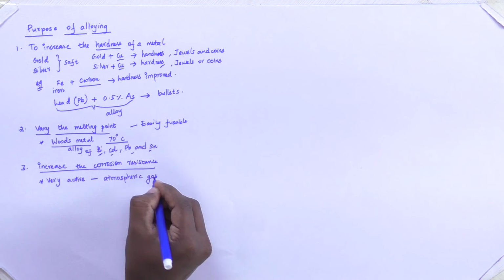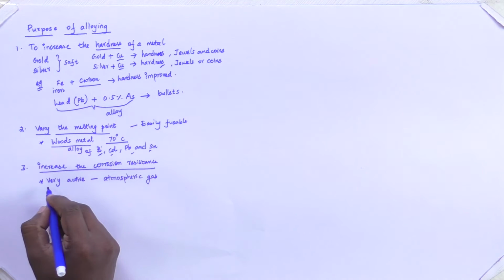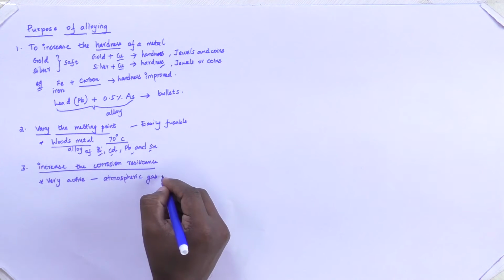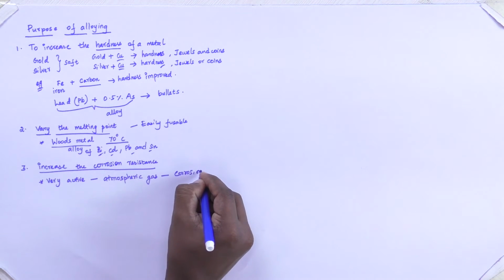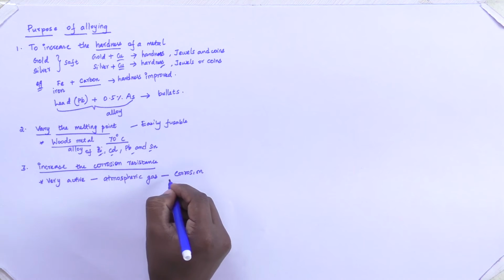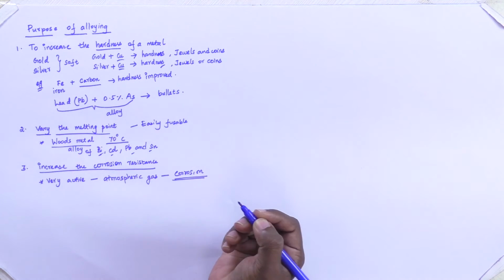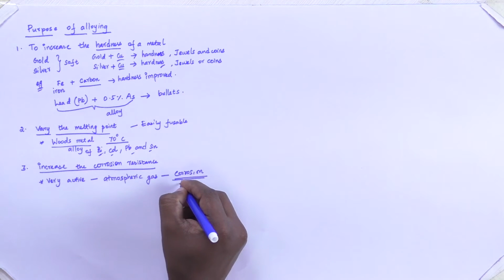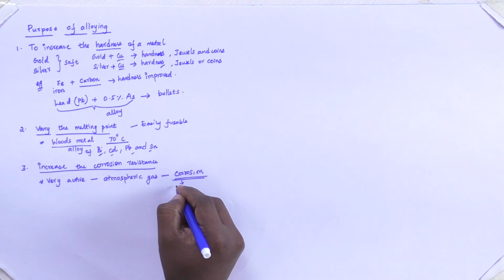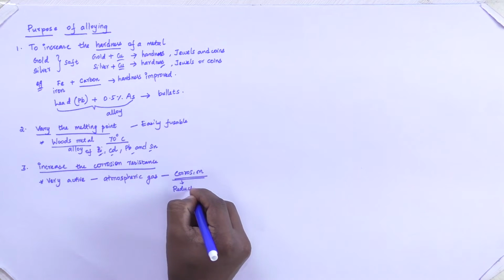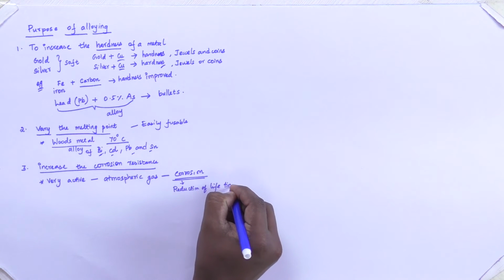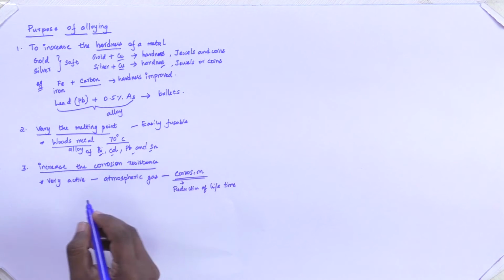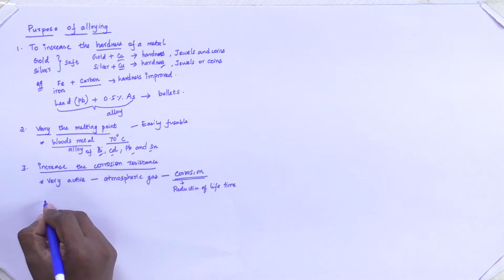So when they react with atmospheric gas, it will form a product which is as a result of corrosion. So if a metal or an element is subject to corrosion, it will lead to the reduction of lifetime of the element or the metal. For example, if you look at